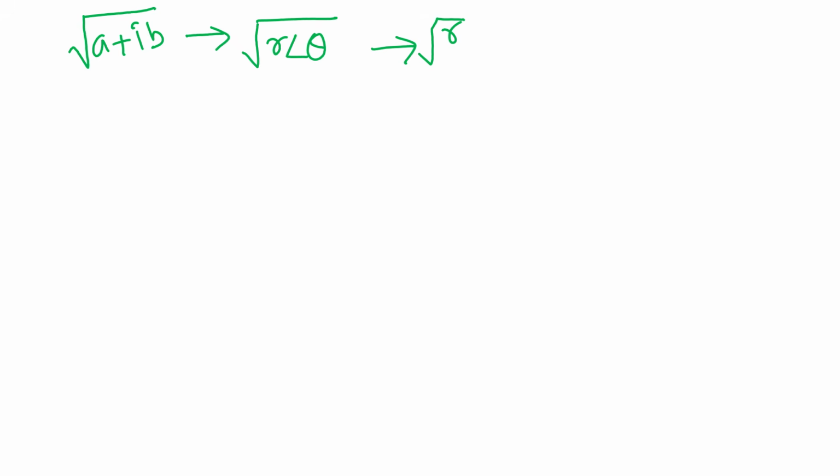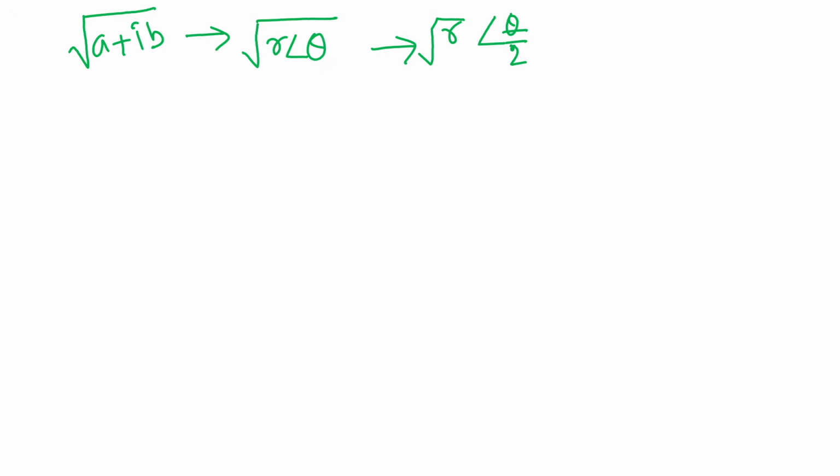Now, in the last video, I discussed that if there is a complex number such as a plus ib, we can convert this complex number into polar form, in terms of r theta, and then the square root of r theta will be the square root of r and angle theta by 2. So this basically simplifies our process of calculating the under root or square root of a complex number. So we will try to follow the same process for solving this question.